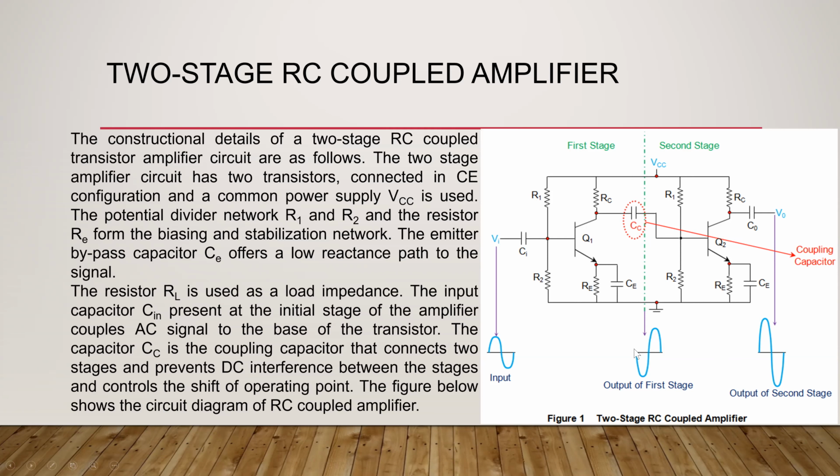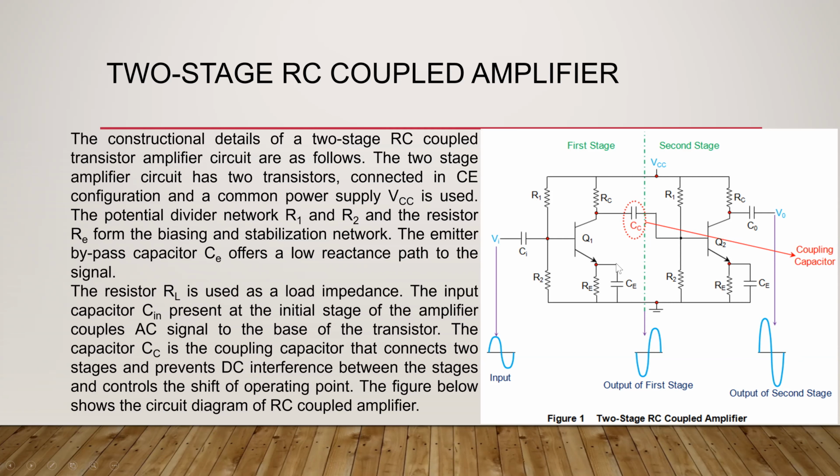This out of phase signal is applied as input to the second stage. The second stage is also the same self bias circuit. Therefore, whatever input is applied, the output will be 180 degrees out of phase with respect to the input signal. If you apply the negative half cycle, the output is going to be the positive half cycle, and if you apply the positive half cycle, the output is going to be the negative half cycle. The first transistor offers a 180-degree phase shift, and the second transistor also offers a 180-degree phase shift.